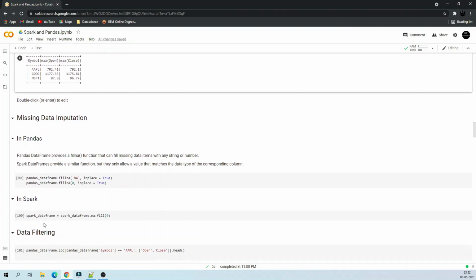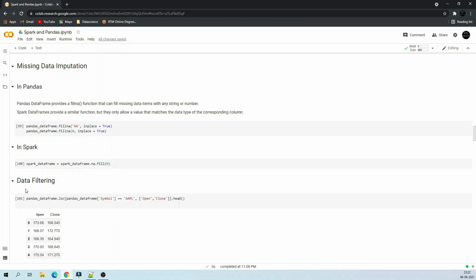In Spark, you don't have those categories, you can do it only for the numeric. So you say Spark data frame dot na dot fill, and then 0. Wherever it sees a numerical variable having a missing value, it will fill it with 0.